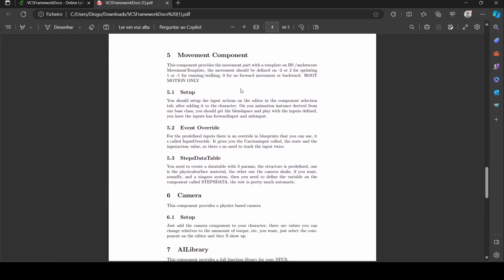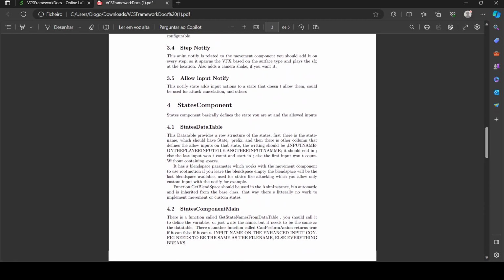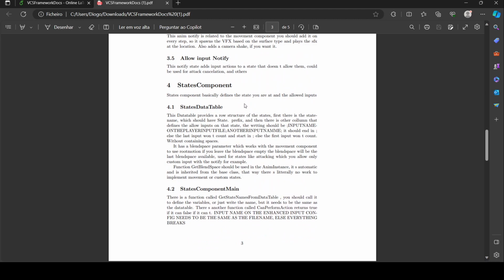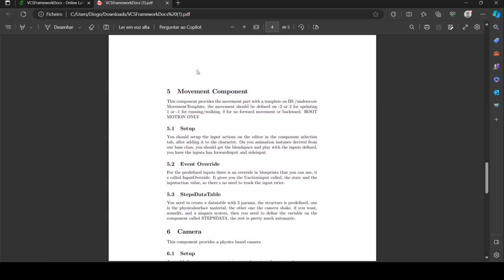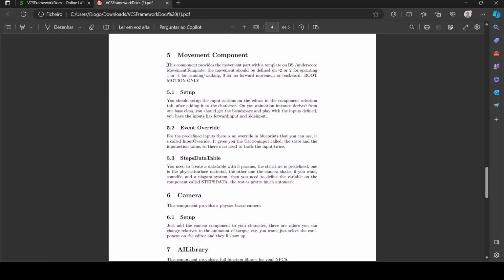So for the movement component, you will need to set up a blend space for every custom movement state. I forgot one point. If, for example, the attacking state is the same state as the combat state, and you leave the blend space empty, the blend space will stay the same as the last. So there is no worry about that. This component provides basically the movement. It uses root motion. So basically this is how to set up the blend space